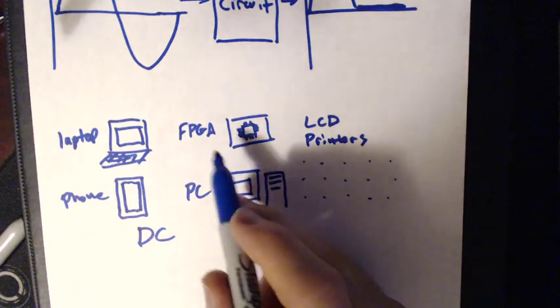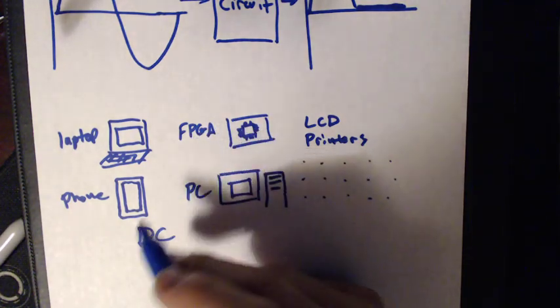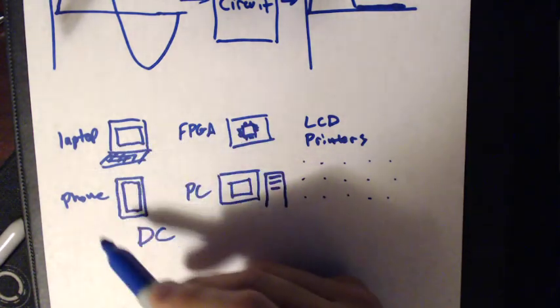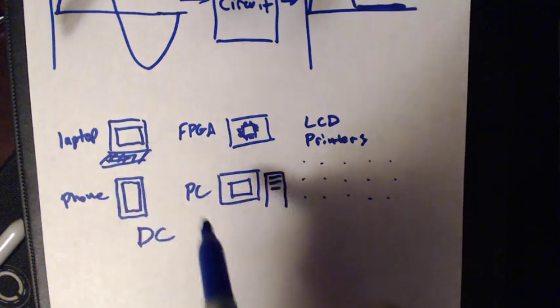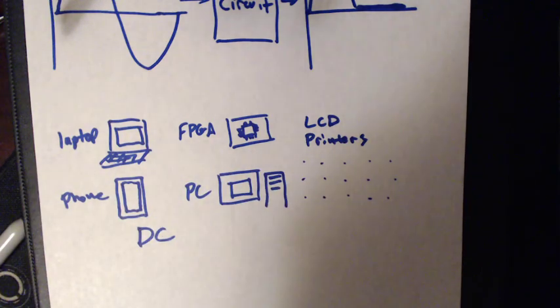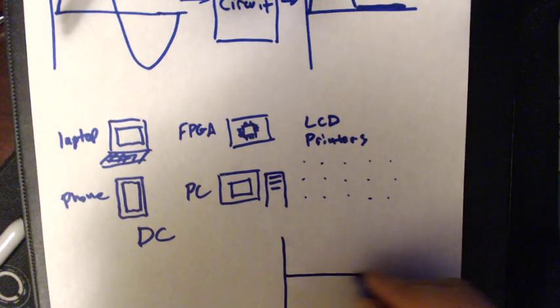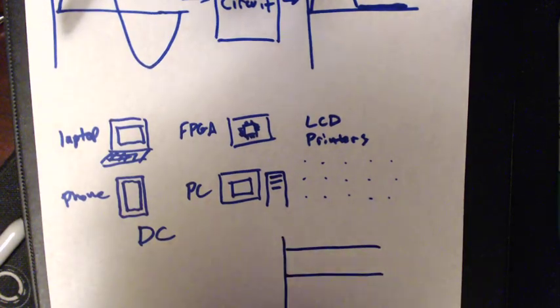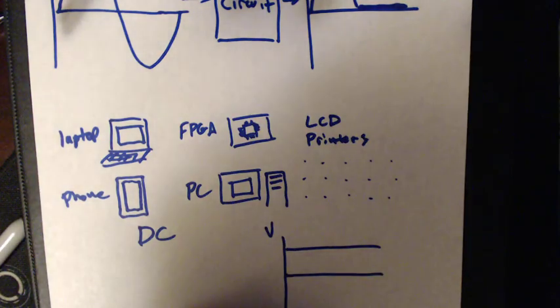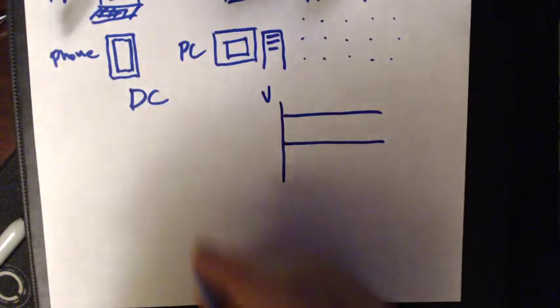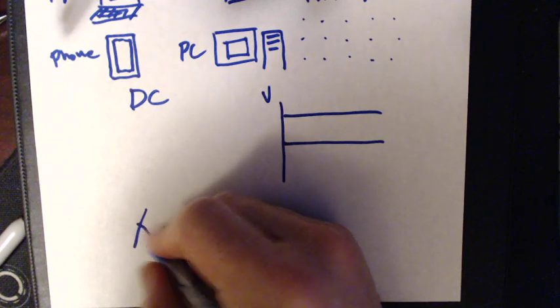You can't really do digital circuits in AC. You can't make digital devices, phones, PCs, laptops. You can't do all that with AC. You have to have DC. Now DC, of course, looks like a flat line, where AC